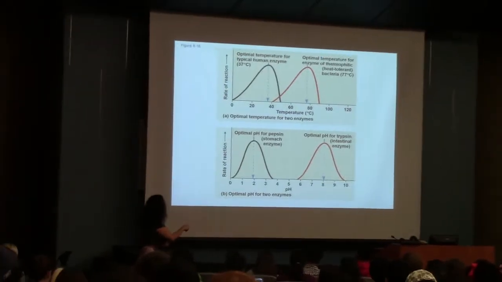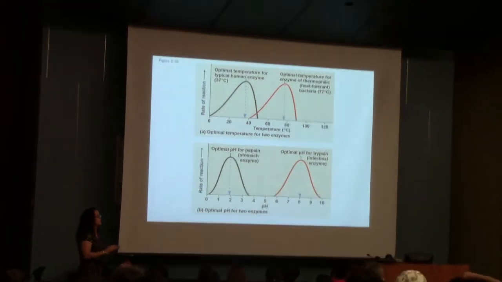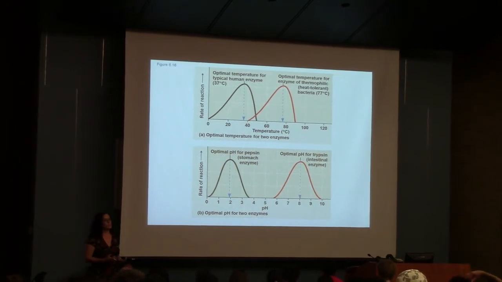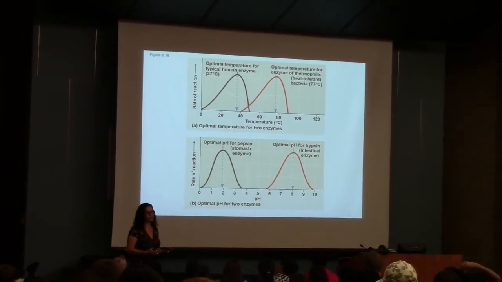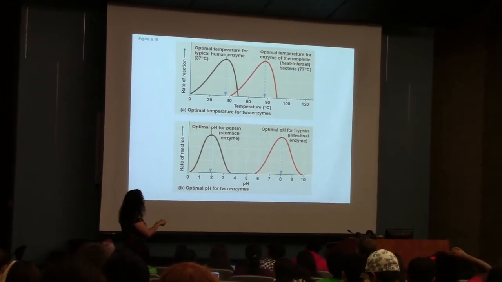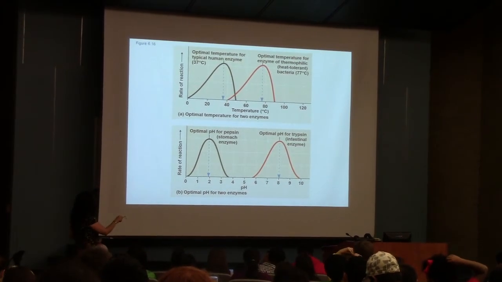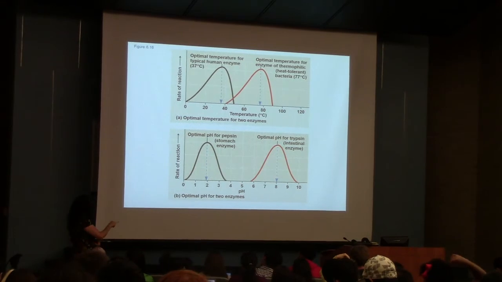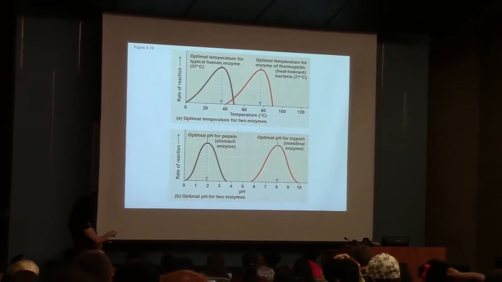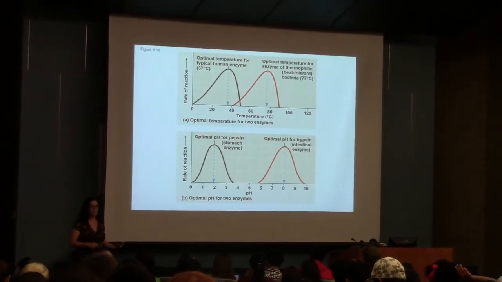Same thing happens with pH. Okay? We have enzymes that work or that we need them to work in the cytoplasm of the cells. And we said that the cytoplasm of the cells is very close to neutral. Okay? So they should be working around here. But if we're talking about digestion, like pepsin that we've talked about in the previous question, pepsin works in the stomach, and we have a pH of 2 there. Okay? So that's the optimal pH for that enzyme. If you change the pH,